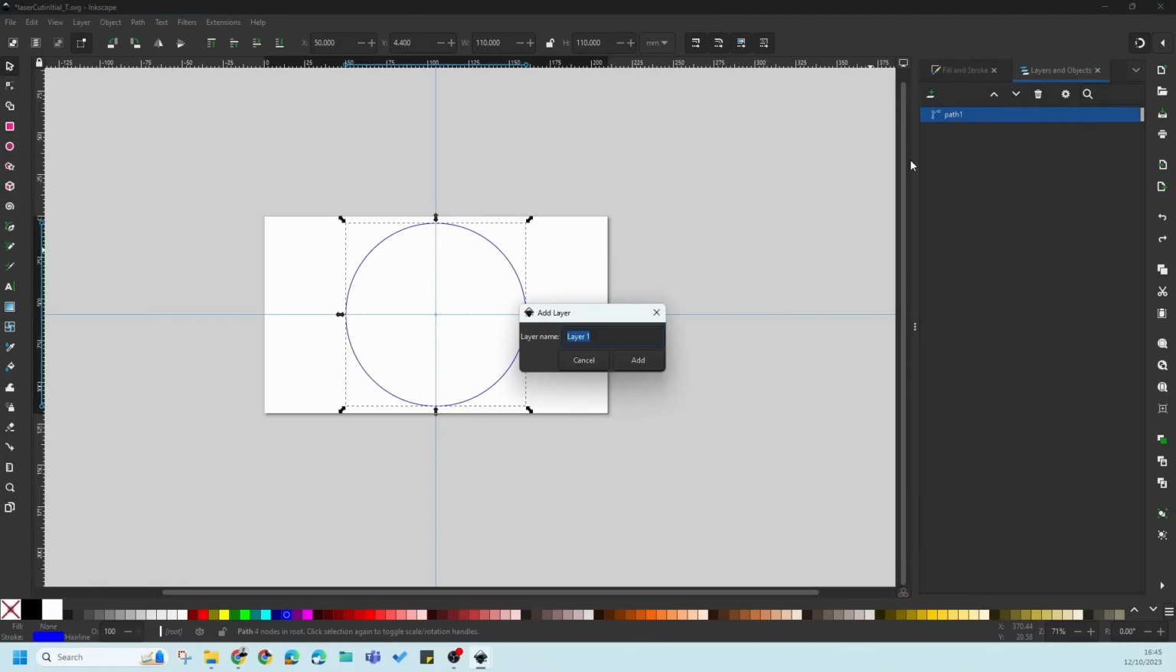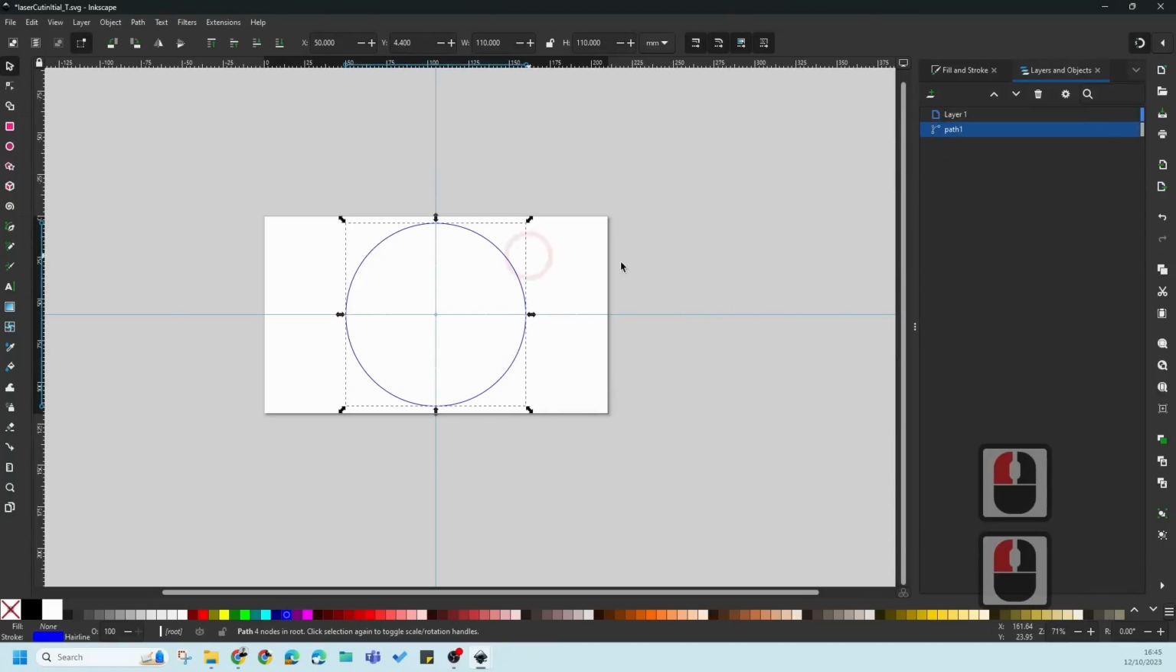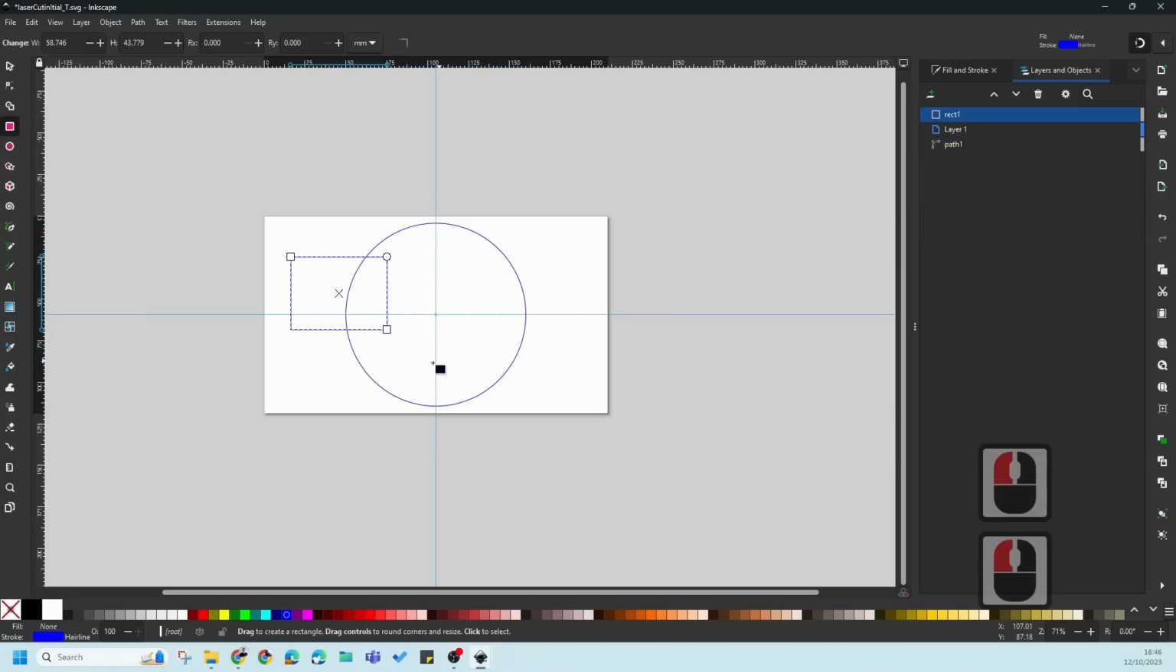I'm going to call this layer 1. I'll leave it just like that. You'll notice that this is now a path. If I create another shape, you'll notice that this shape will be a rectangle, and it'll tell me it's a rectangle,